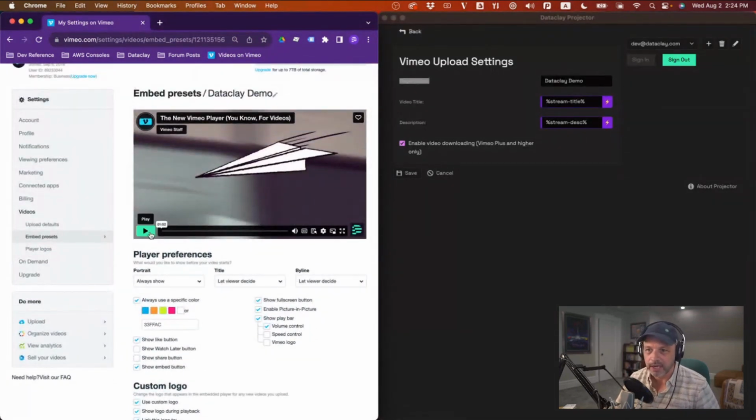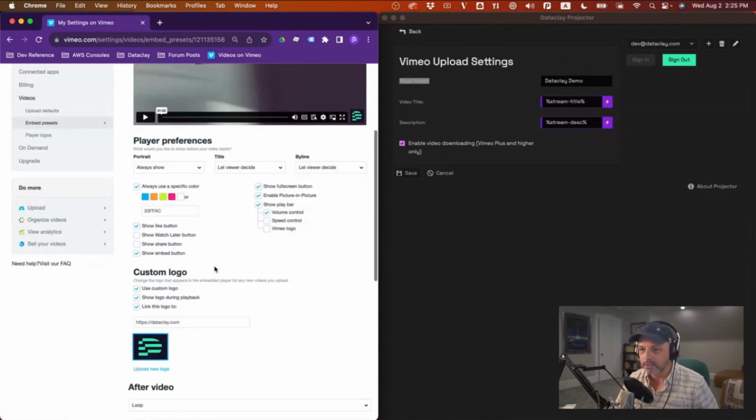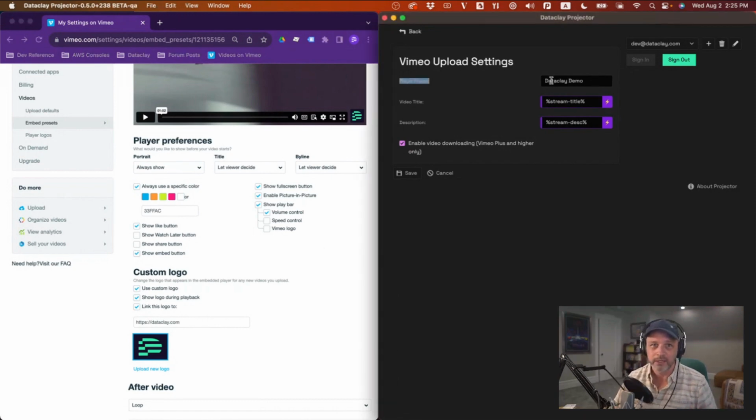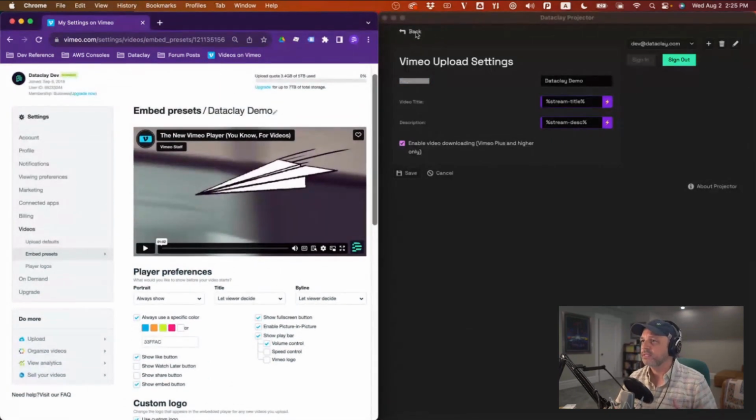Like you can see if I hover over this play button, I get my Dataclay green. And then it doesn't show it here, but the Dataclay logo will be there because I've set it up here and so on and so forth. So you can set the player type for every job that gets uploaded. Okay. So that's effectively the globals for the streaming provider.